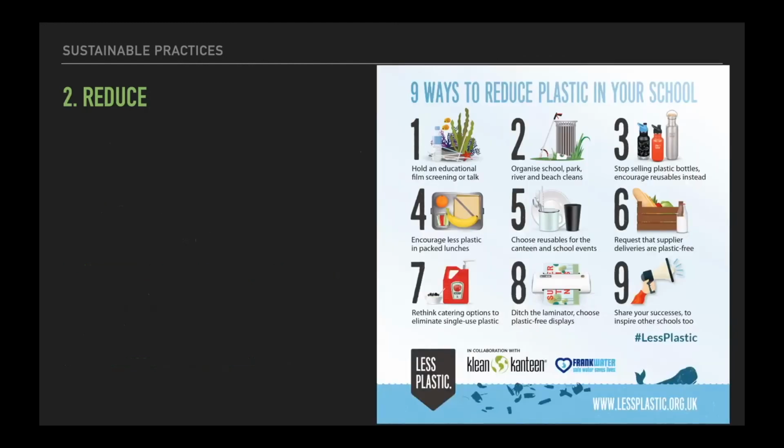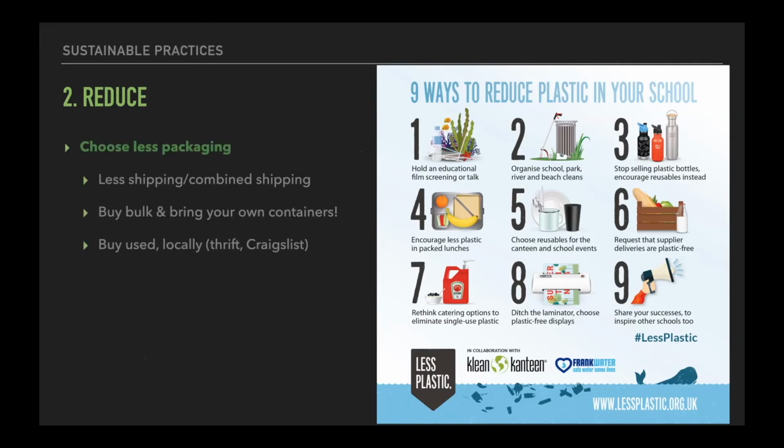Step 2, reduce, right? The first thing you should do is find ways to minimize the amount of plastic waste and waste in general that you're producing, right? So having a water bottle is great, saying no to offers of plastic water bottles as much as you can, not using single-use plastics, etc., right? So choose less packaging. This also comes in when you're shopping online. Get as much combined shipping as you can. Maybe you keep a cart open and you accrue items over a little while, and then once you reach a maximum, then you ship your order, instead of ordering many, many, many times.